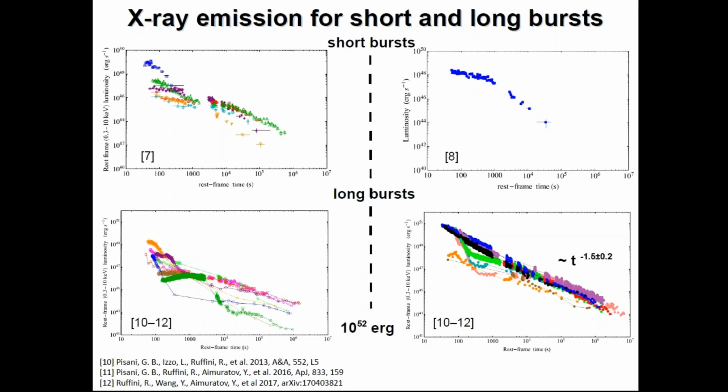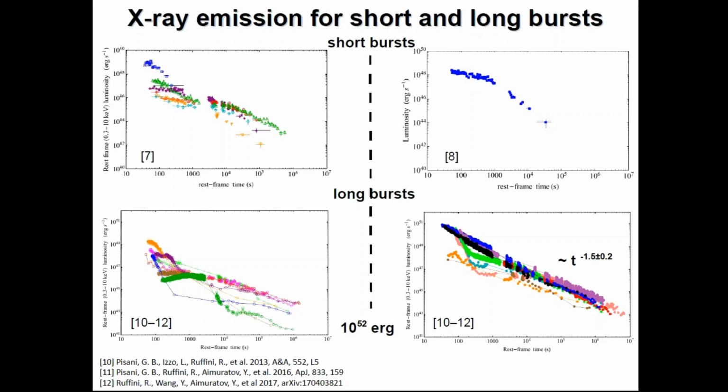It keeps working for up to 10 to the 6 seconds, which is about 1 month. Now, what is very interesting is that during this 1 month,